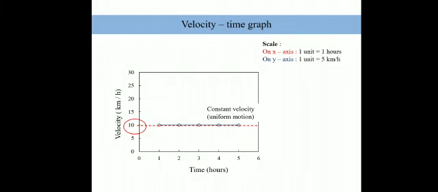Very important. Then we also know how to calculate acceleration. What is acceleration? Acceleration is nothing but change in velocity divided by time. What is change in velocity? We can take any 2 points, this point and this point, and find the difference. Because velocity is the same everywhere, v2 will be the same as v1. Final velocity minus initial velocity, divided by final time minus initial time. Because velocity is the same everywhere, therefore acceleration is 0.